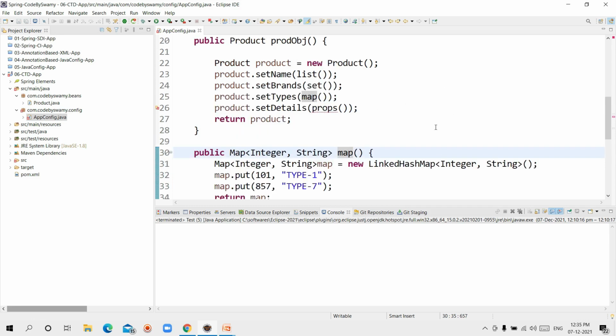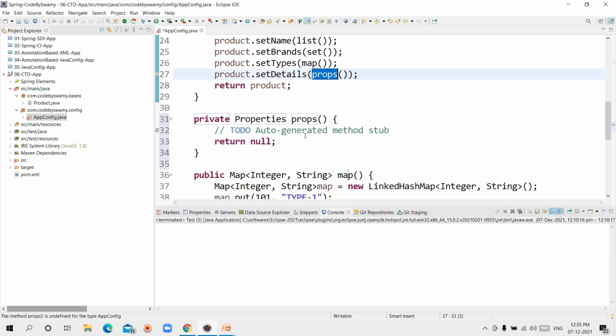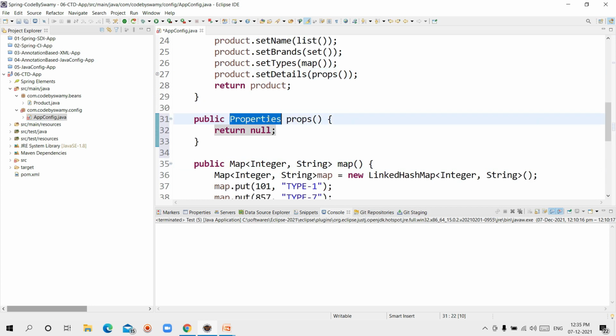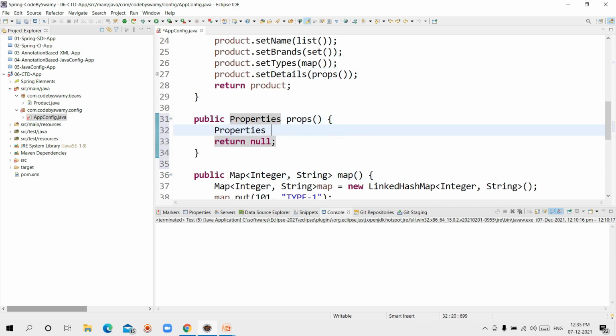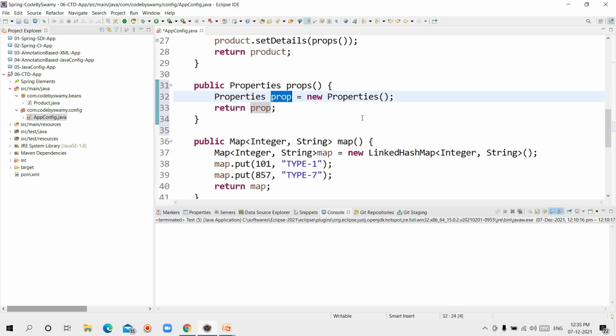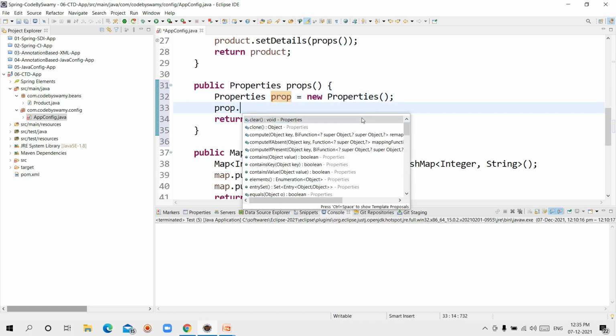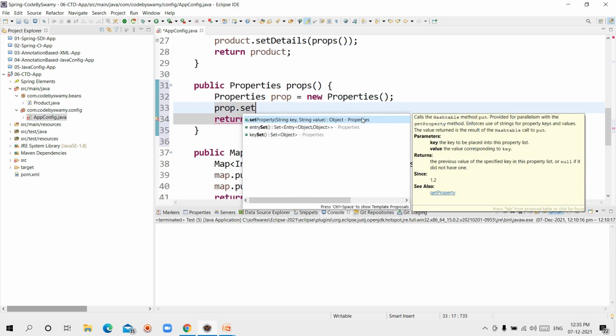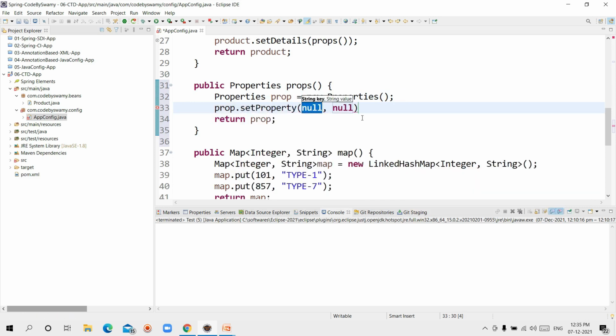Last one, properties. Place the cursor over here, create the method. Yes, it is created. Change the private to public and create the properties class object. Properties prop is equal to new properties, returns prop. I want to set the data. Prop dot set property. Make sure both are string only.